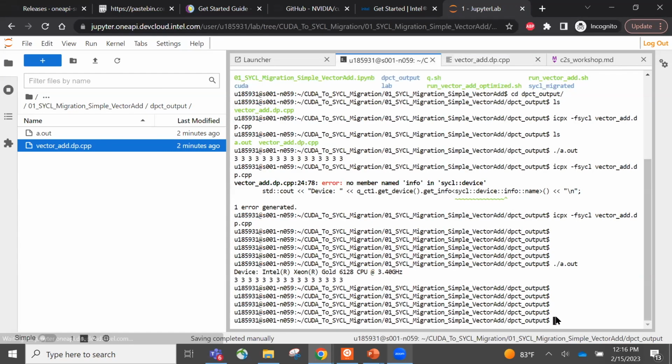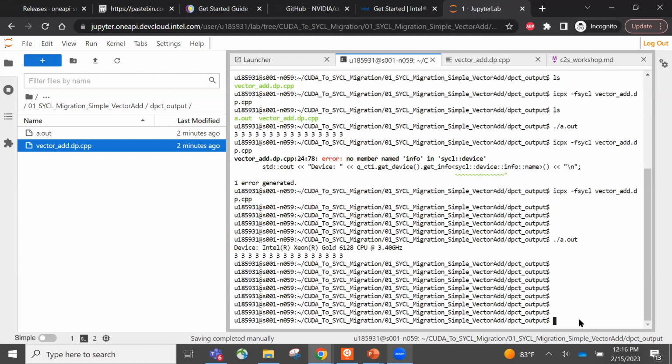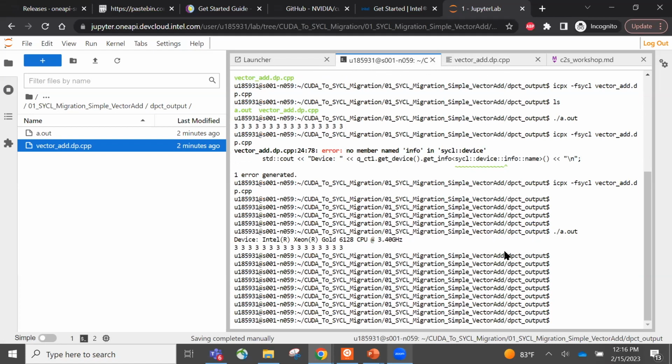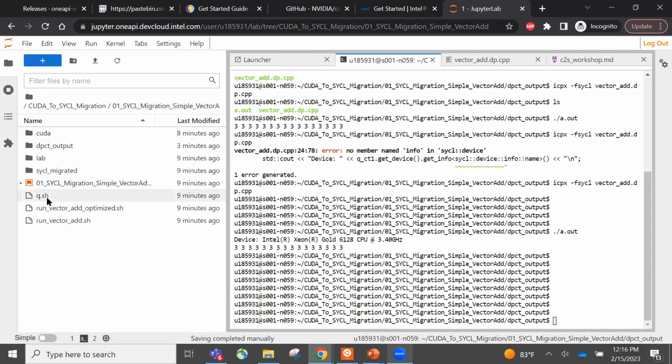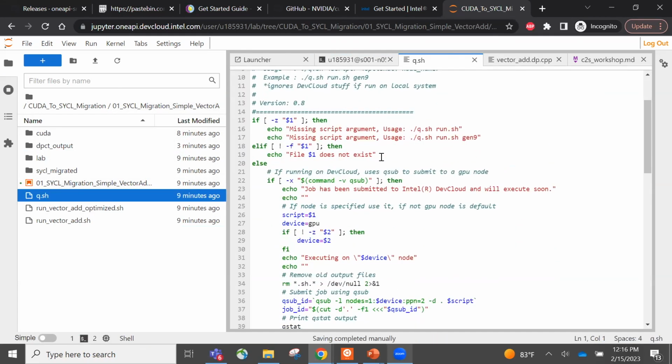So the next step is, let's say we run it on a CPU. Let's see if we have to run this on a GPU. So we have to log into a system with a GPU, get the command to